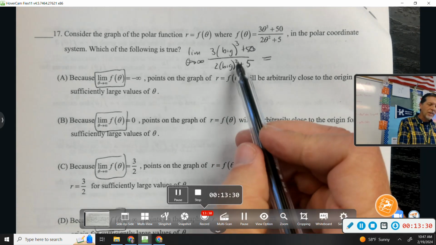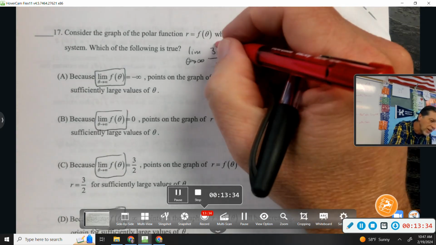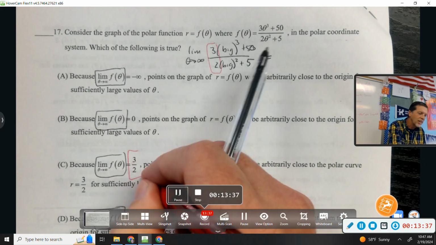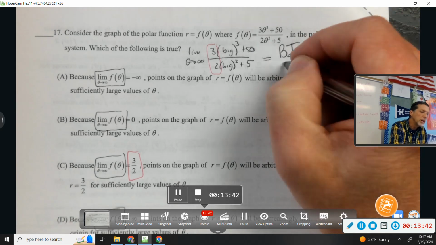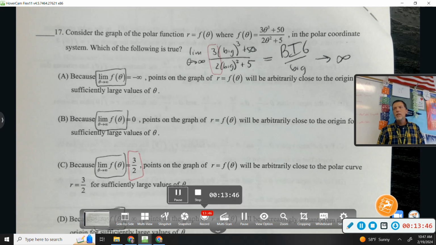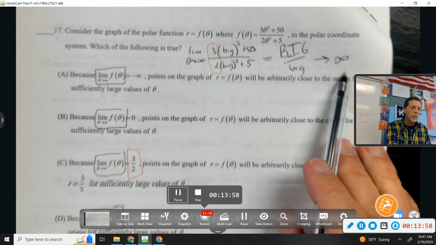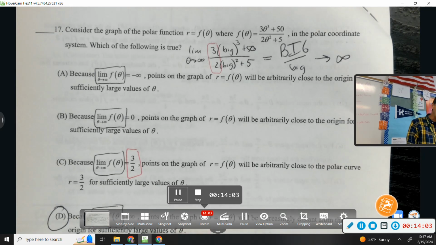What's happening here? Is the top getting bigger faster, or is the bottom getting bigger faster? Or is it one of those where I take the coefficients? Because of the cubed, the top is getting really big, the bottom is just getting kind of big. Yeah, you didn't like that. Really big versus kind of big. But if you cube a big number, you're going to get way bigger than squaring a big number, so we're headed to infinity. So my answer is D, and I really don't even need to read the rest of the